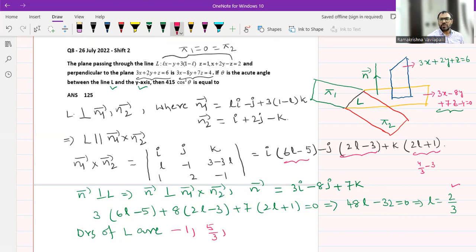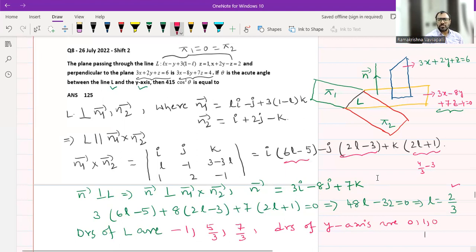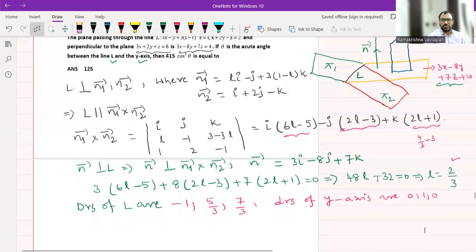Substitute L equal to 2 by 3: 4 by 3 plus 1, it is 7 by 3. The DRs of the y-axis are 0, 1, 0. They are vectors, so think of them as vectors. Now, the angle between these two, cos theta equal to